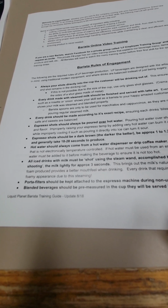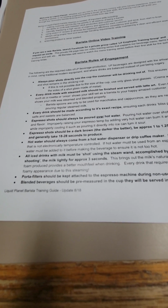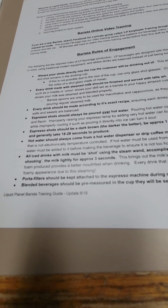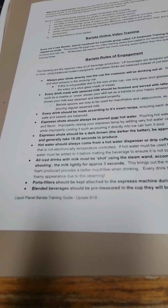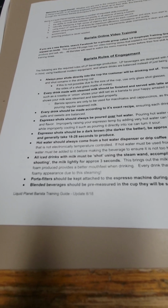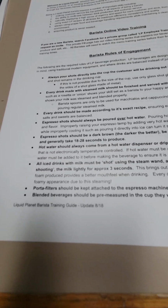So at all times, we do not want to use any glass or aluminum or stainless steel shot glasses unless we absolutely need to, which means that the cup they're drinking out of literally just doesn't fit underneath the portafilter while you're dispensing the espresso. Number 2,